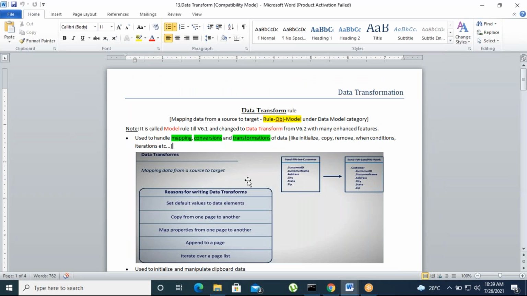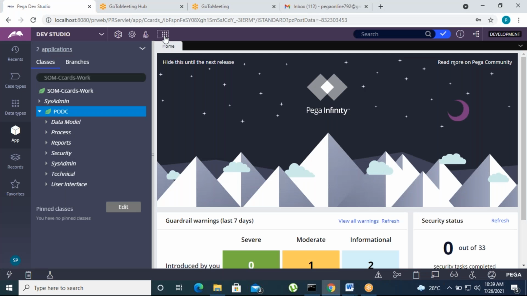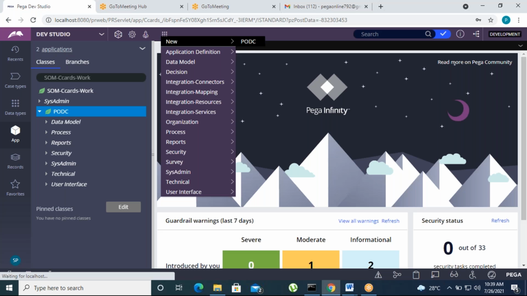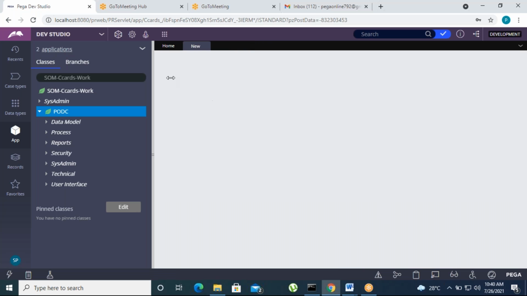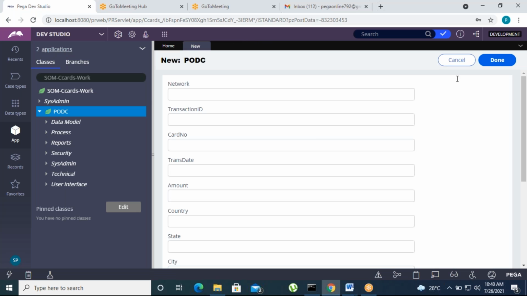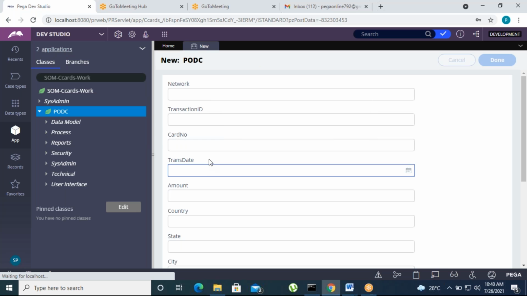And one more thing is that the data transform sets the default values of system defined properties. We have some system defined properties, right? We already discussed: some properties have px prefixes, some have pa prefixes, some have pz prefixes. Suppose you run the case now. We just enter some data into the UI, right? What data are you going to enter in the UI? That is from the section we manually created. And once the section is created, the user will provide the inputs. Users are providing the inputs.